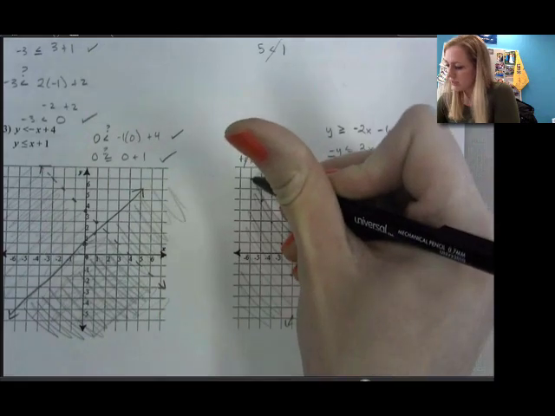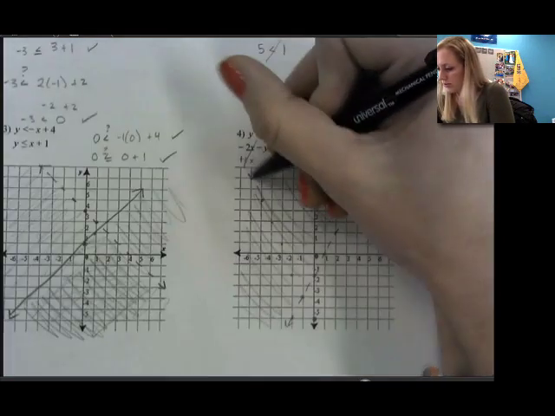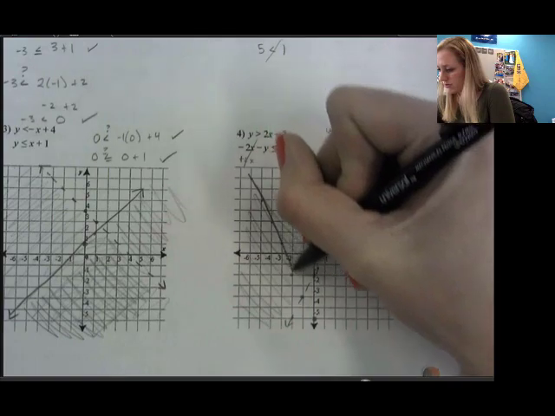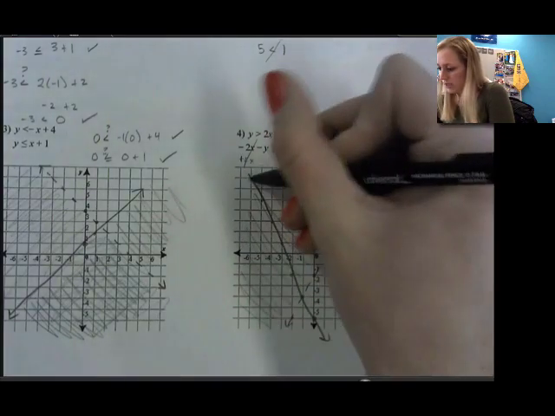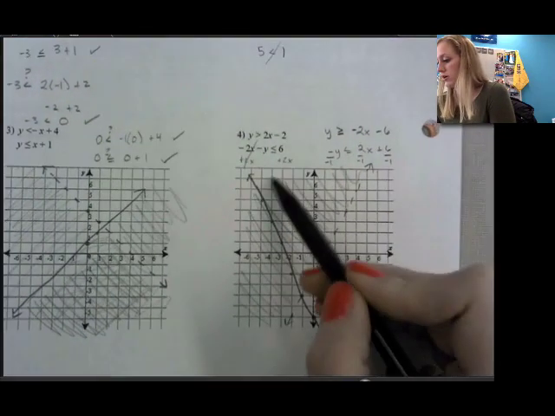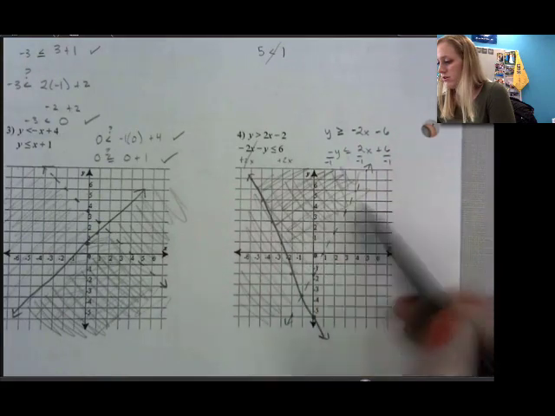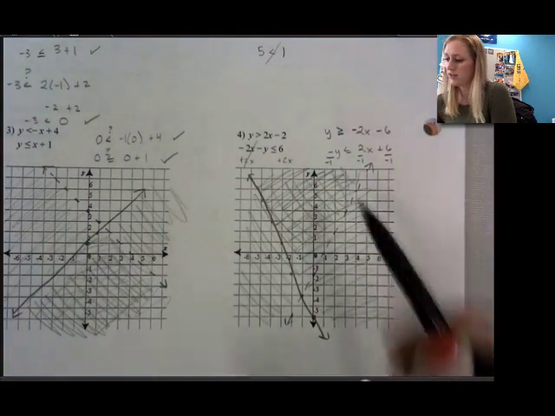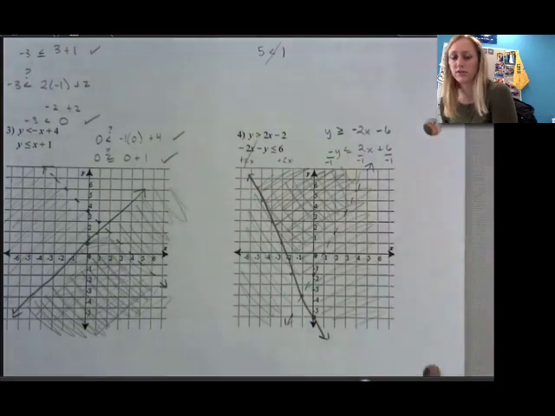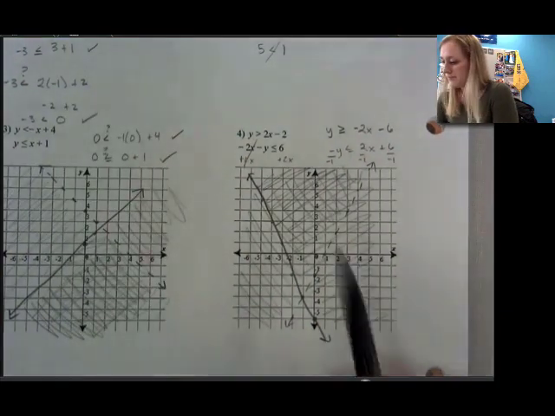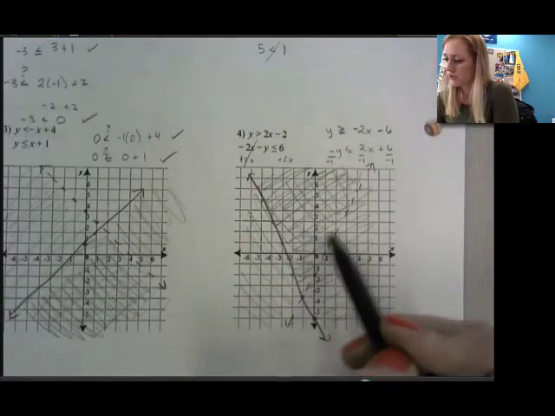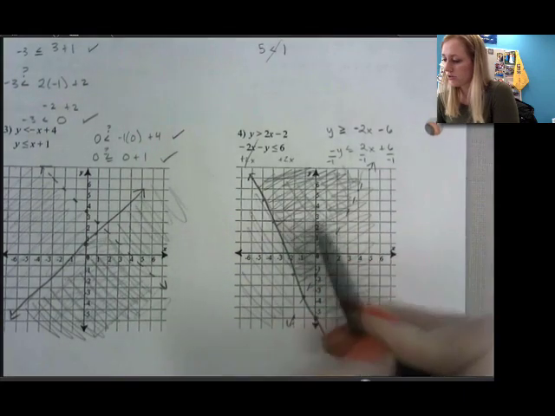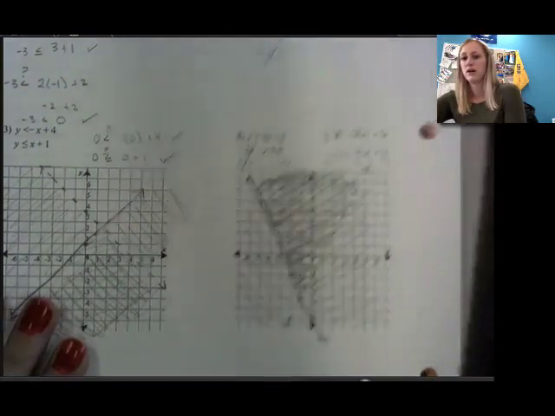All right, and this is a solid line since it's greater than or equal to. And it's greater than or equal to, so we would shade above that line. And again, the intersection of those shaded regions is our solution set. I'm going to darken that middle section up a little to show it's where they intersect. All right,